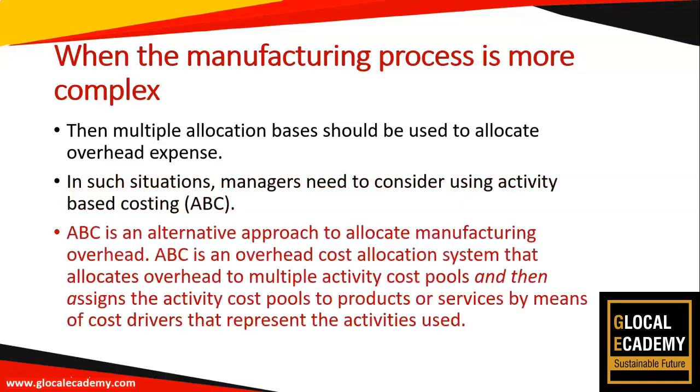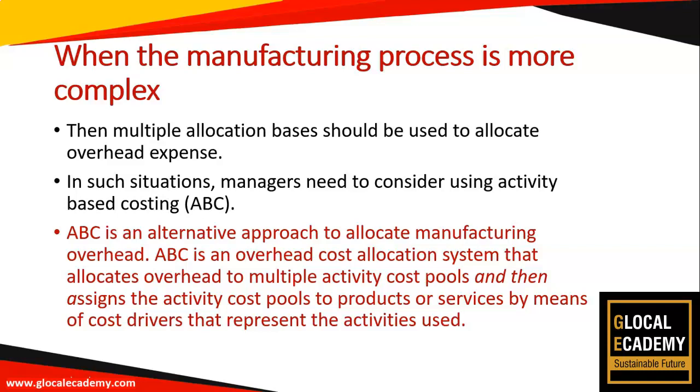So what is activity-based costing? Activity-based costing is an alternative approach to allocate manufacturing overhead. Alternative to what? Alternative to absorption costing. Activity-based costing is an overhead cost allocation system, just like absorption costing, that allocates overhead to multiple activity cost pools and then assigns the activity cost pools to products or services by means of cost drivers that represent the activities used. So for now, it is quite easy to understand that this is an alternative approach of absorbing overhead cost